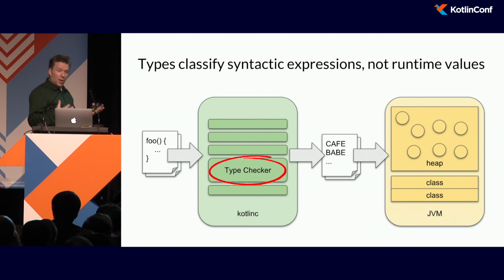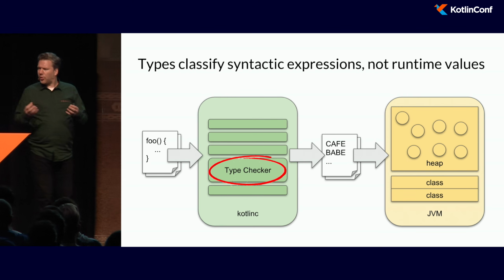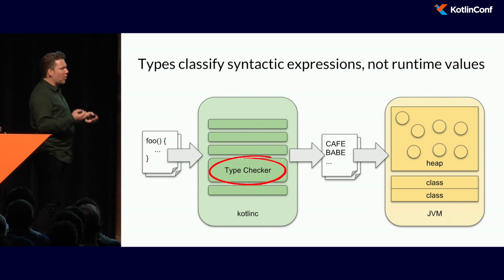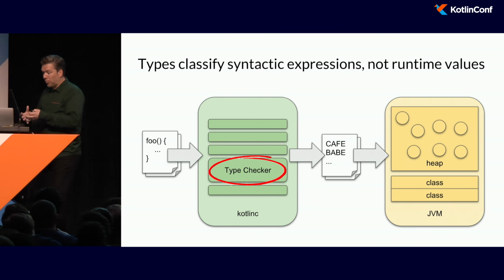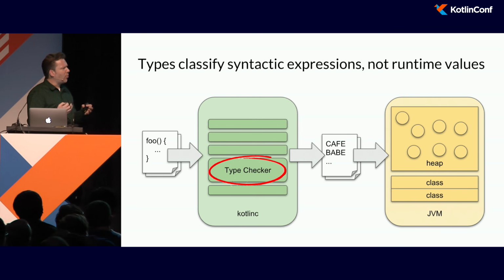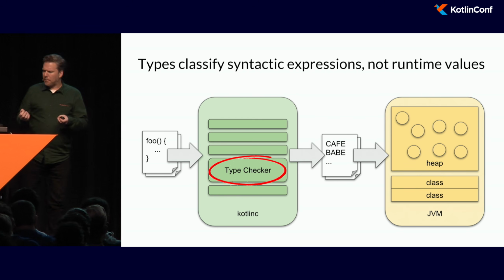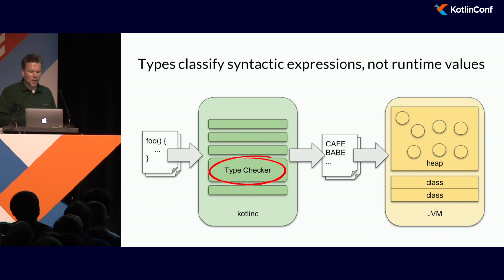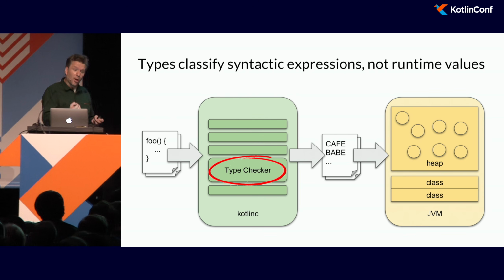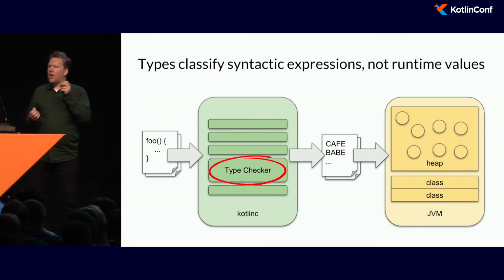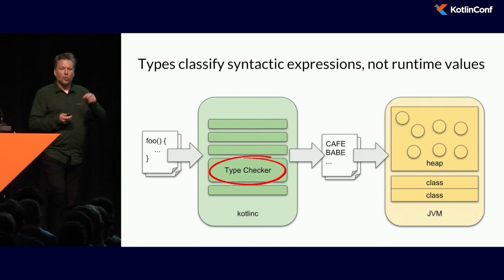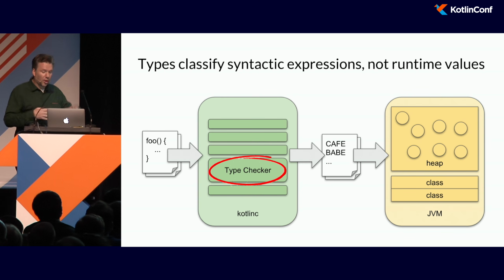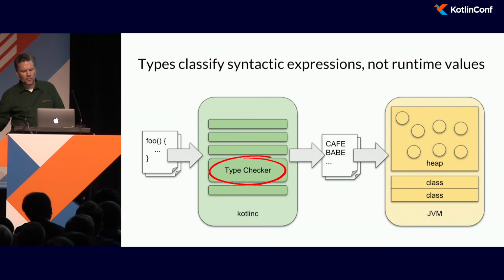A type is an abstract concept that defines a set of values in an application or in a code base, and the operations that apply to them. Classes really define what those operations do, as well as how the data is stored by an object that is implementing that type. But the key difference between types and classes is that a type is something that relates to an expression in the source code and not to something that exists at runtime. So types exist in the compiler and classes in the virtual machine.